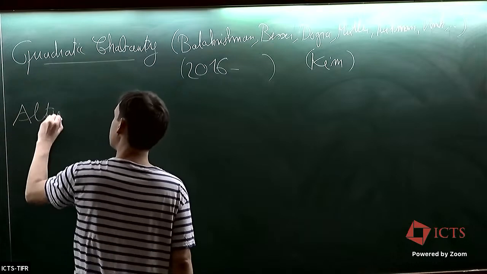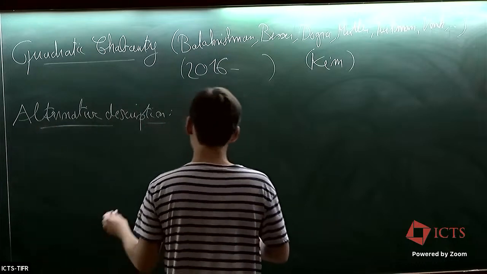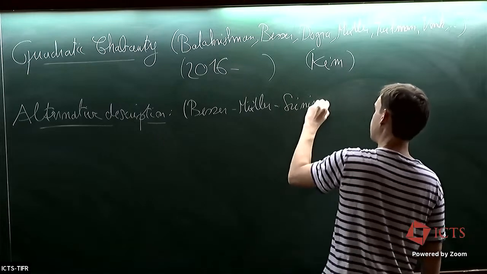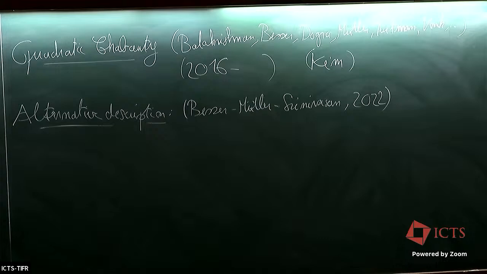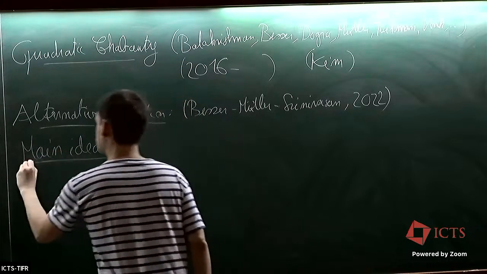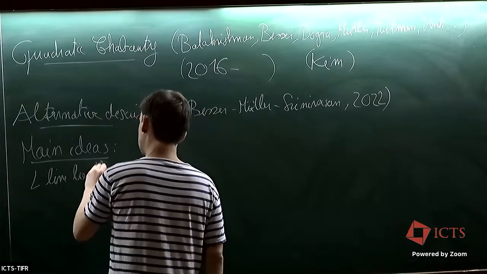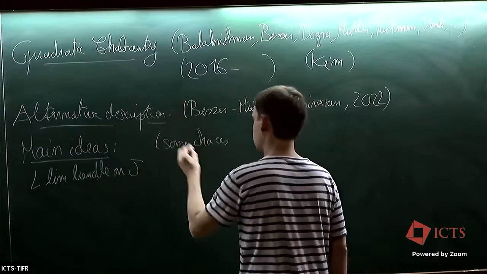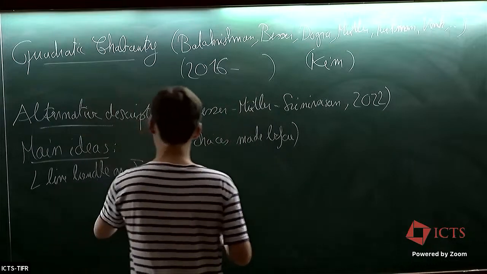I guess you'll hear about it in Nathan's talks in the next days. But for me, I've chosen to start with an alternative description which appeared in a preprint recently by Besser, Müller, and Srinivasan. Preprint of 2022, if I'm not mistaken. And I describe here the main ideas. So here, I start with something called a line bundle on J. I know what that is. And with some choices made before, choices we made, make everything well defined. I start with the line bundle on J, and what the paper does is that we can build